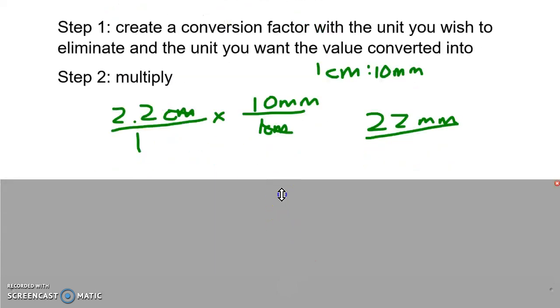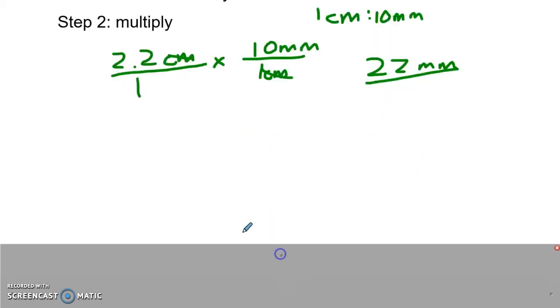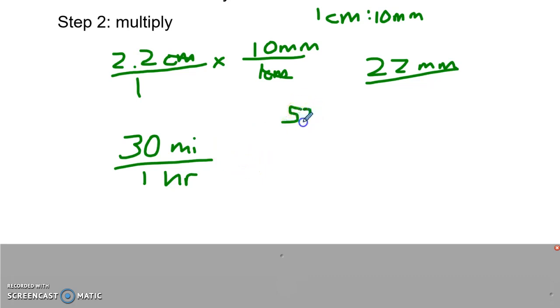When you're changing a rate or a unit rate, like 30 miles per 1 hour. Okay, so if we want to change 30 miles per hour into, let's say, feet per second, we're going to need two conversion factors. So we're going to need 5,280 feet, right, per 1 mile, and we're going to need 60